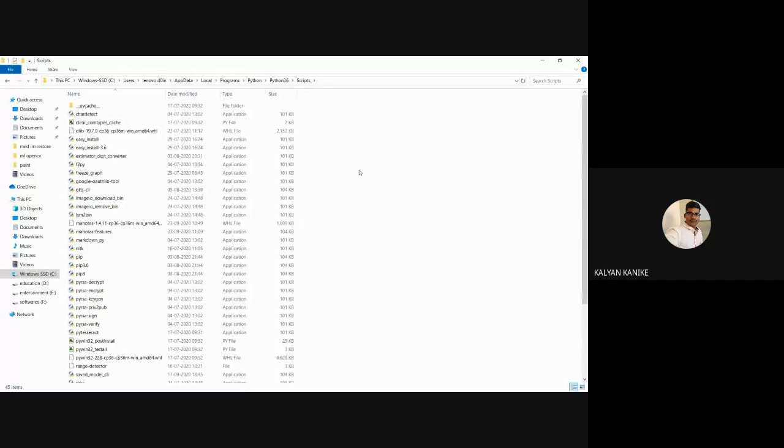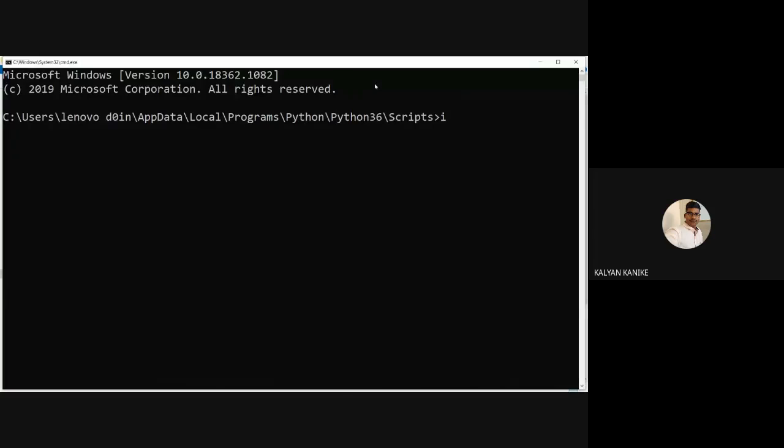So instead of doing pip install mahotas, we are directly copying and pasting that file here in the Scripts folder. After pasting it, we have to install it once, just for a refresh. We have to copy the entire name with the .whl file itself. Next we go to the command prompt and type pip space install space, give the name and press enter.